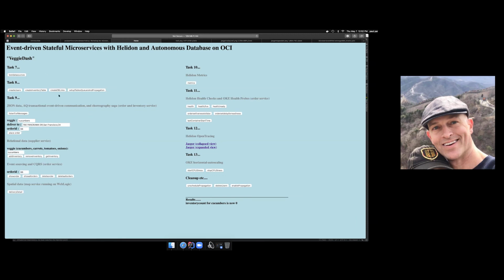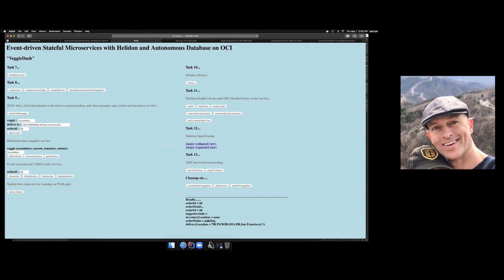And these tasks are the setup. We'll be focusing on task 9. And this is the order inventory scenario that I described. What we'll do is check the inventory for a given item, cucumbers, and we see that inventory is now 0. We'll just make sure that there are no orders around so we don't get collisions. And then we'll place that order knowing that there is not enough inventory for it.